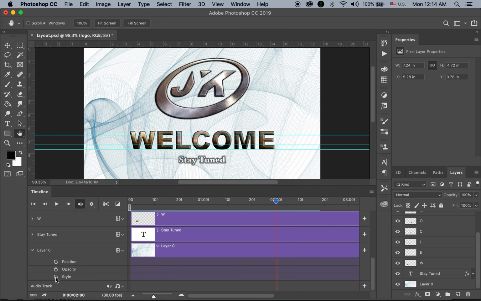Let's try the style from here to another 1 second and insert another keyframe. At the very beginning, on the first keyframe of my stay tuned text layer,